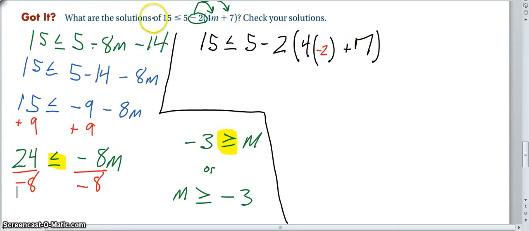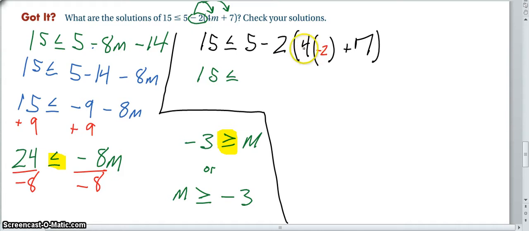So we write out the whole original inequality, and where we had m to begin with, we can just replace it with something that is greater than negative 3. And remember, greater means a larger value. So go up the number line. So we go to negative 2 as the next value, so I figured that would just be easy. So then we have 15 is less than or equal to,